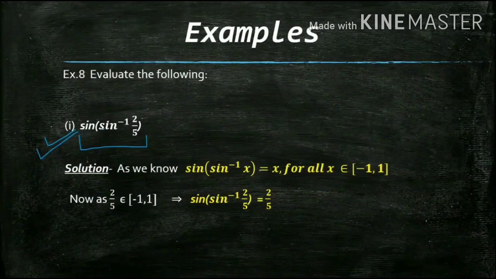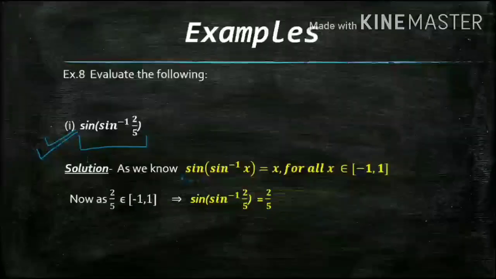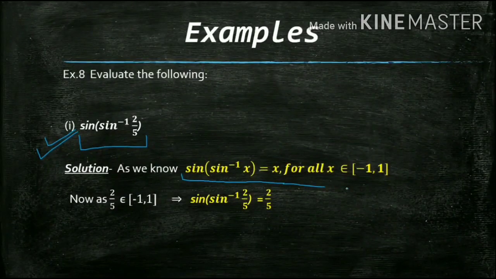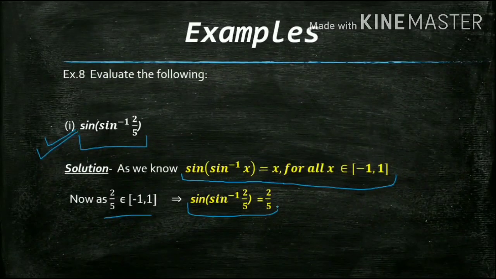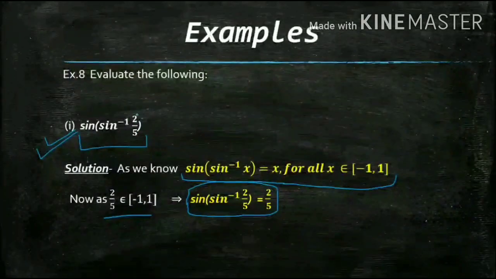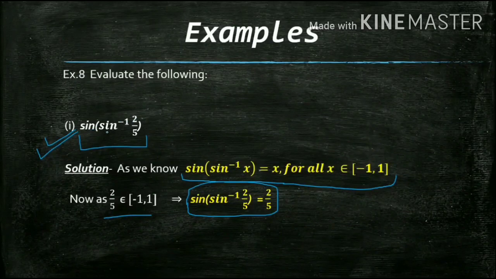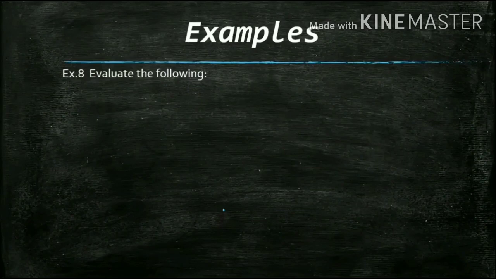Well, basically, directly you know that sine of sine inverse x would be x for all x in the closed interval minus 1 to 1, and 2 by 5 belongs to this. So that property is satisfied. So by the self-adjusting property, it is directly 2 by 5. Okay, so you need not worry what value it is having and what angle you need to find. You just need to say if it is inverse inside, then it must satisfy this condition, and that is your answer. Okay, let's move to the second one.